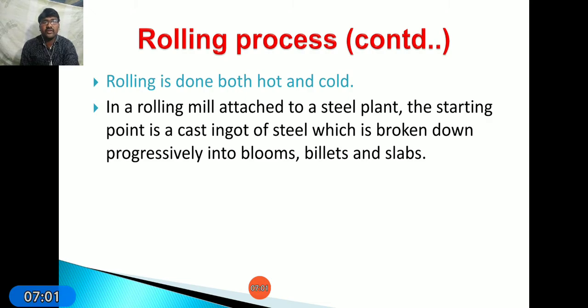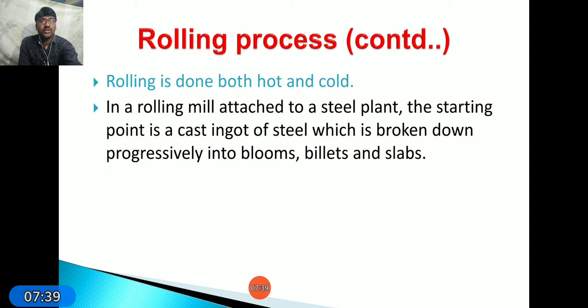the raw material for the metal forming process comes from the steel making industry, that is the cupola furnace and blast furnace. There are a number of processes used to make the raw material, that is cast iron. Based on alloying materials we can manufacture the steel. That basic form is the ingot of the steel, which is broken into blooms, billets, slabs, etc. by using the metal forming process.